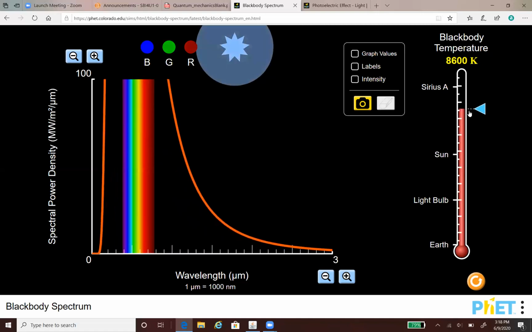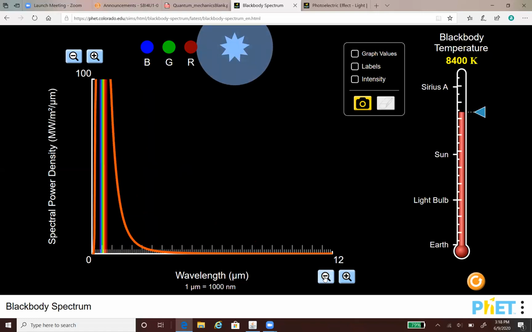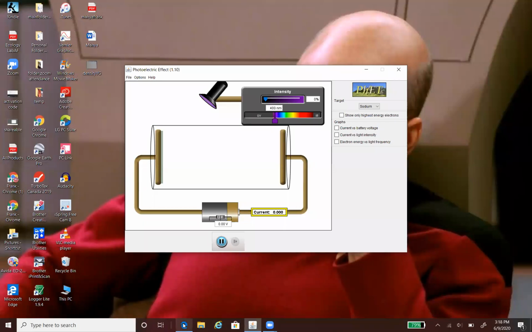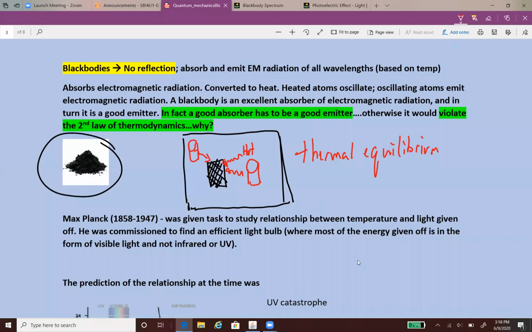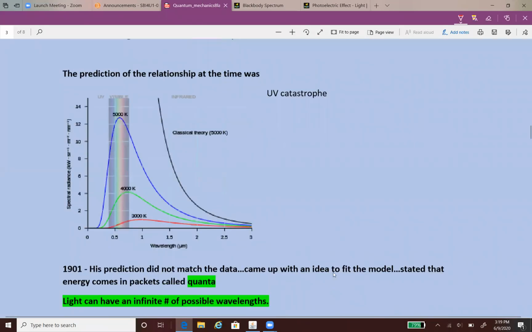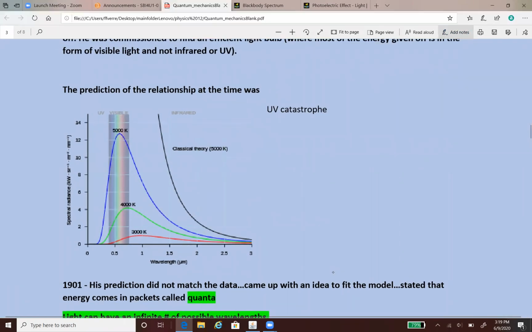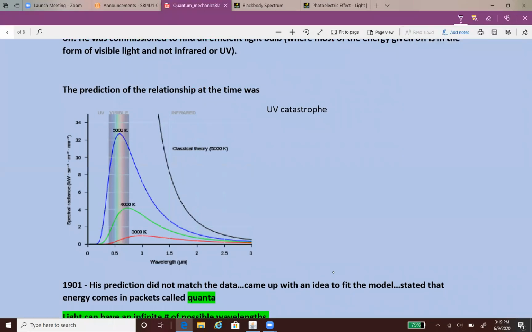Now, if we keep heating it up, which I can't see now, my graph just disappears. The thinking of the day was that there would be a pattern that is followed, which looks like this. So the pattern was believed to follow, hold on, let's get my pen here, this curve. All right. In other words, eventually, if something got hot enough, the idea would be they would just keep drifting to the left, and eventually it would shift all the way into the UV spectrum,